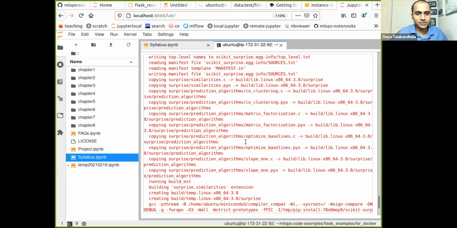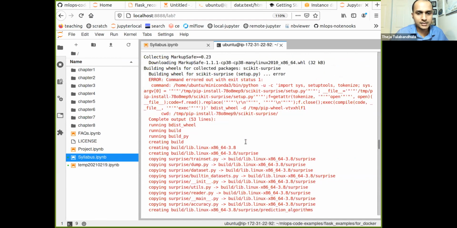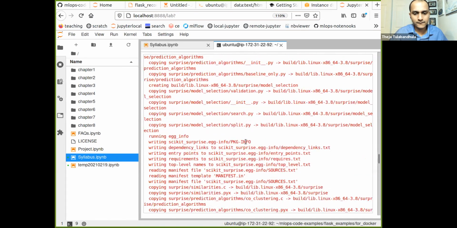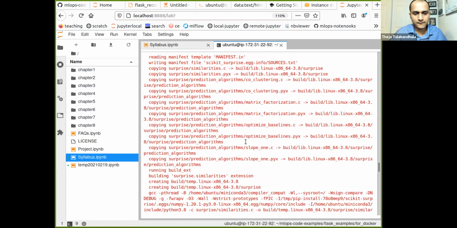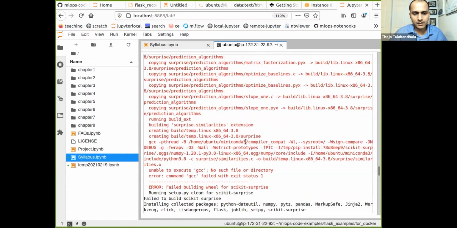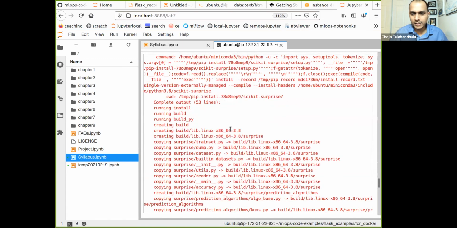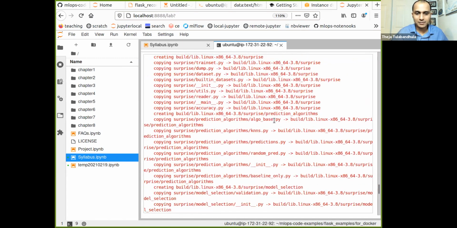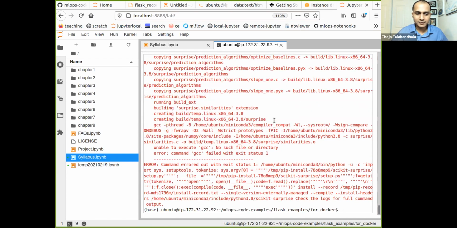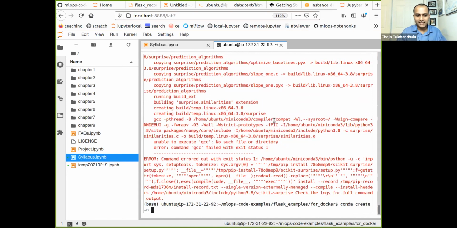Okay, there is some issue. It looks like it needs Python 3.8. That's not good. Okay, so I do have to create a Conda environment: conda create -n py3.8 with python equal to 3.8.